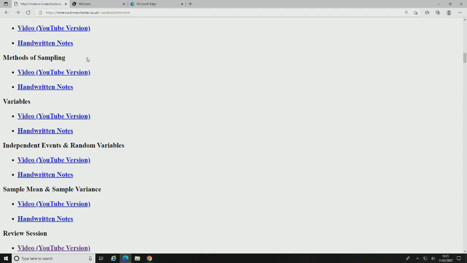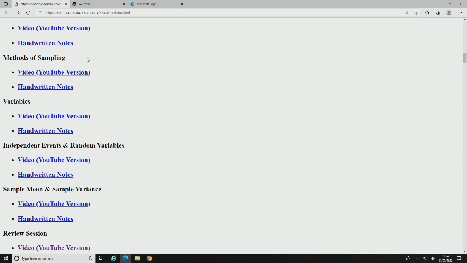So this is the first example I'm going to talk about. Here you have a random sample from a distribution with this, which is the notation I use for the probability mass function. So what you have here is a discrete distribution with the probability mass function equal to 1 if x is equal to a and 0 otherwise. The question is to find the expected value of the sample mean and the variance of the sample mean.